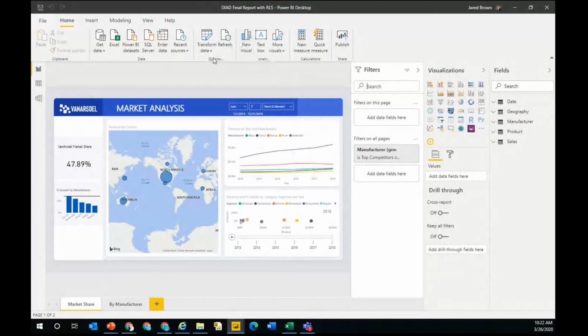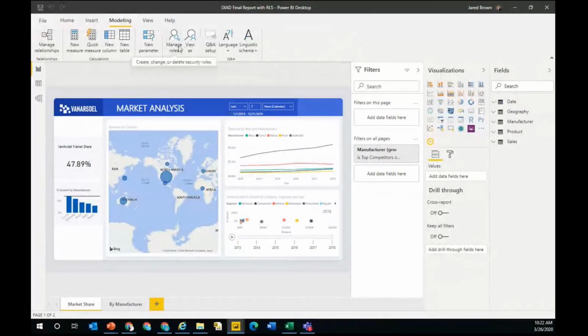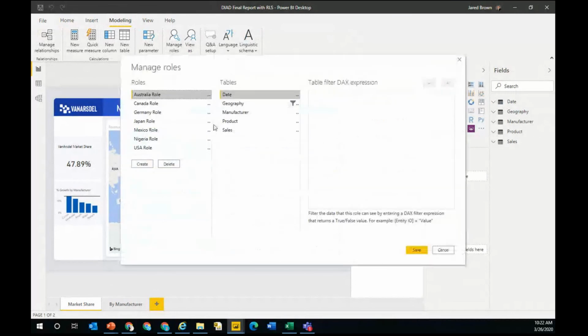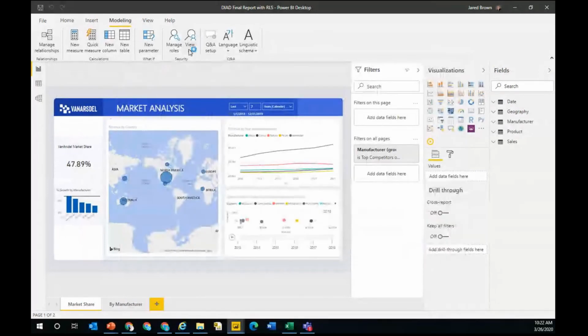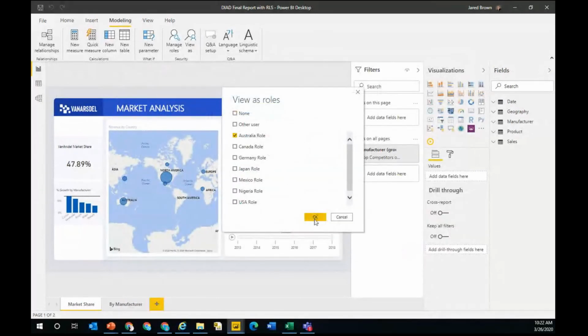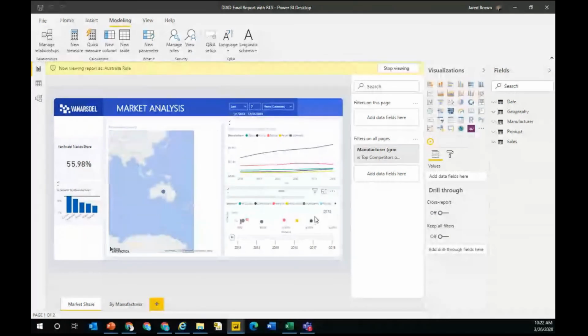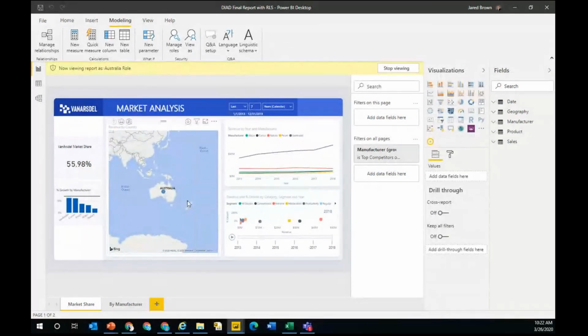Okay, and the other thing that I wanted to show is how that row level security works. So if I go to the modeling tab, I already have some roles set up in this database. You'll see that I have an Australian role who's set up to only see Australia. So what I could do is say I would like to view as the Australian role. Now, the security should be applied, and all my visuals can now not see any data related to the other